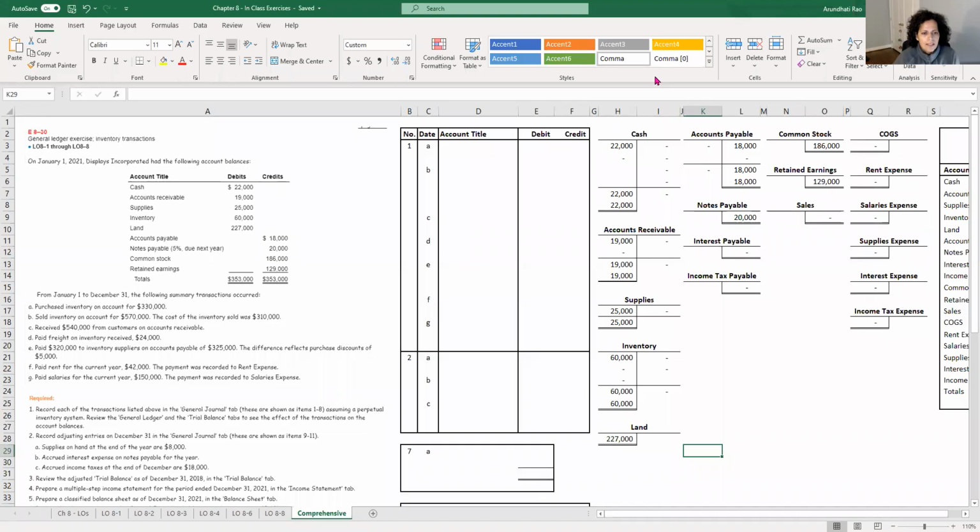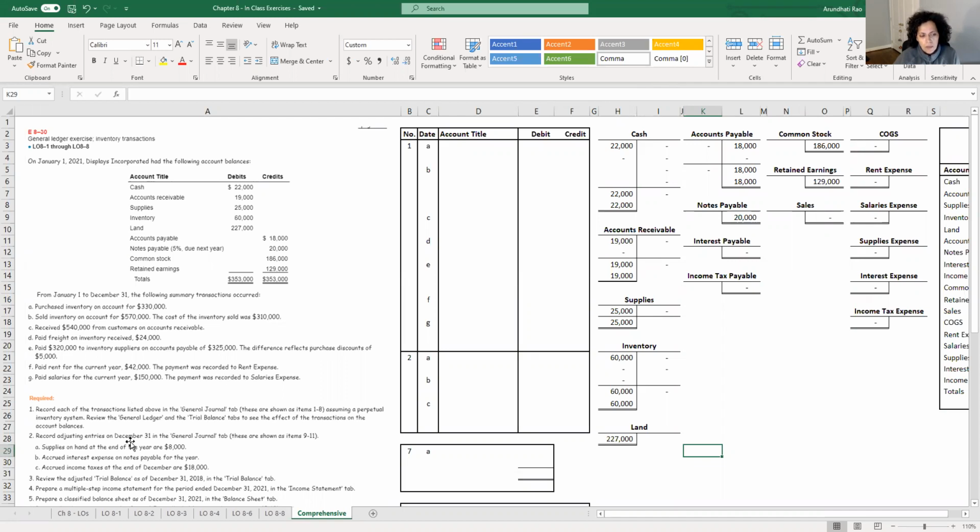Good evening. As I promised this morning, I'm going to go over this problem in which we're going to review all the topics that were covered in Chapter 8 dealing with inventory. So it's a relatively simple exercise, but it's comprehensive in that it covers a variety of topics that you should have learned in your principles class and a couple of topics that were introduced in the intermediate class.